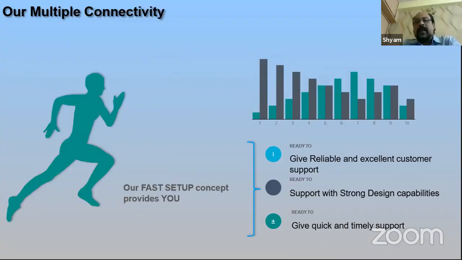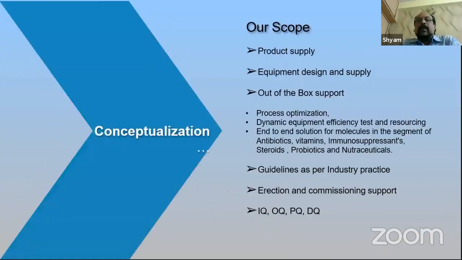Our sales and technical team are always available for the customers who want us to support them at any point of time. Product supply, equipment design, and what we call out-of-the-box support means some customers like us to help in process optimization and also dynamic equipment efficiency, which means without wasting their time or their process time, we can determine the efficiency of the equipment